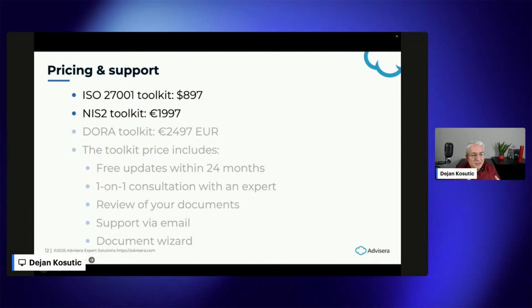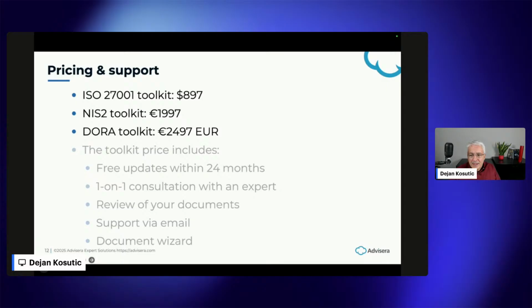So if you're purchasing, I don't know, the Belgium toolkit that is in French, you will get the English version and the French version that is adapted for Belgium. The DORA toolkit is 2,500 euros. It's the most expensive because it does have the most documents, and it is the most detailed, because this DORA regulation and the related CDRs, I mean the regulatory technical standards, are very detailed, and